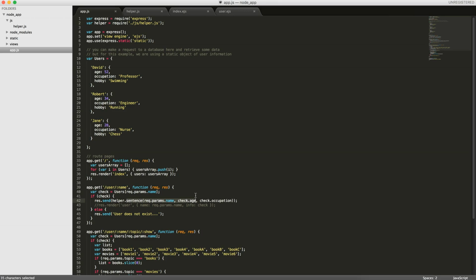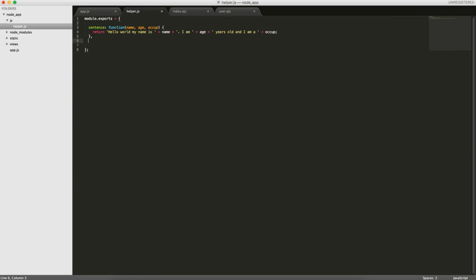So helper.sentence, and then here, for example, you can have other functions. You could have convert age to minutes. So this could be a function, and you could take the age. So for example, it can take age, which is, let's say, 34 years old, and it will convert that to the number of minutes you've been alive. So return,